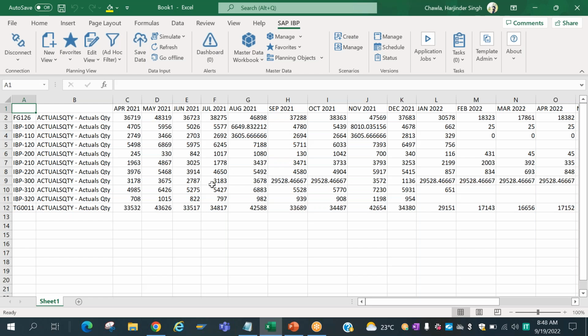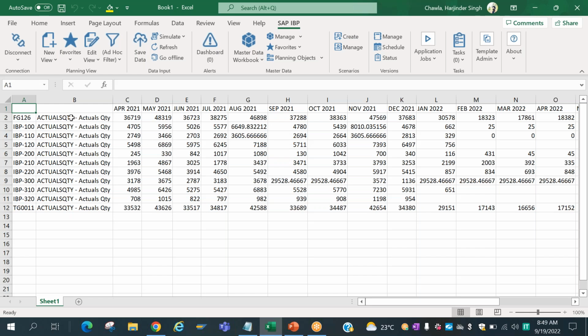Even if the planners have some data in their CSV files, we can load that into our IBP system, right? So that is what we will do in our training system. We'll be loading some data using the CSV files so that we can understand the concepts of all the three dimensions: the demand side, the inventory side, and the supply side, right?